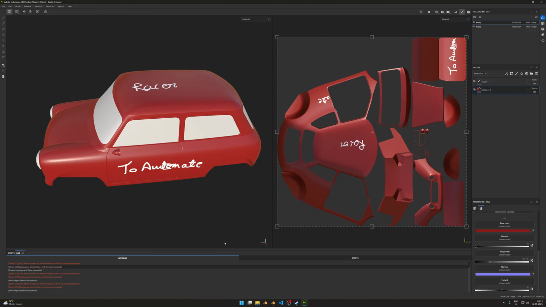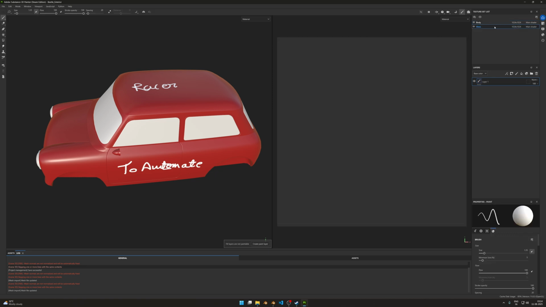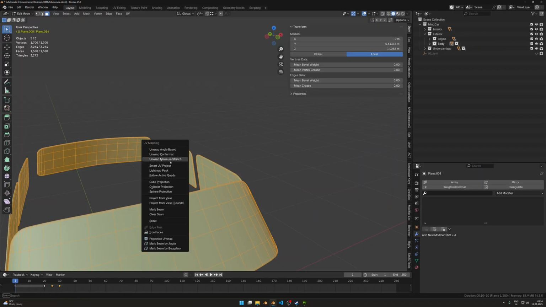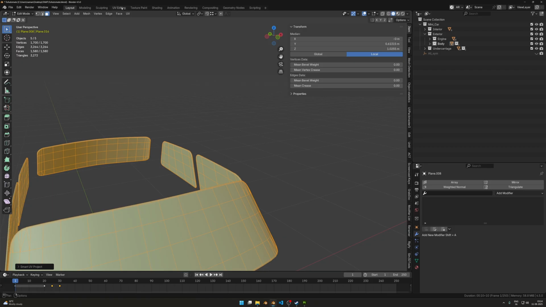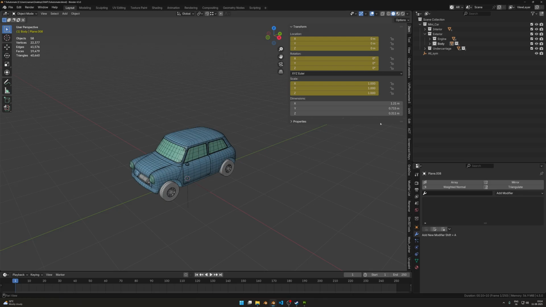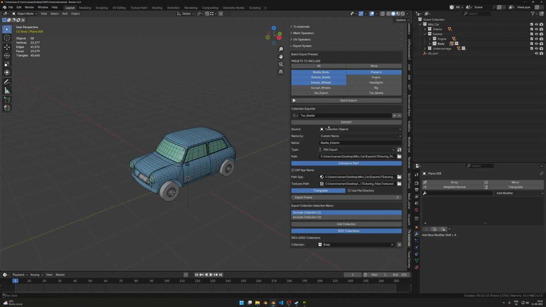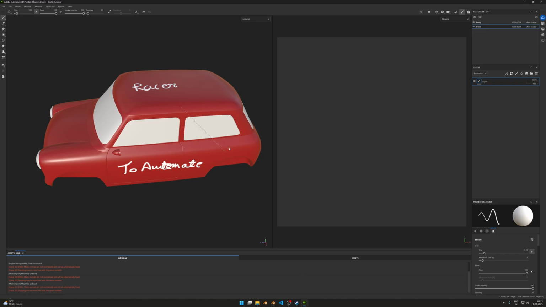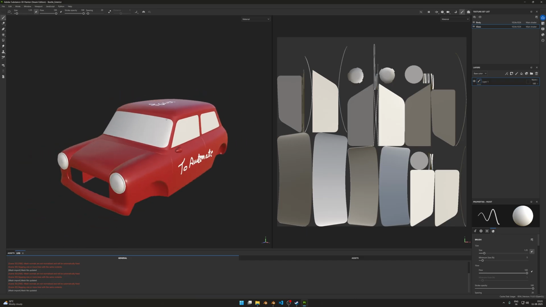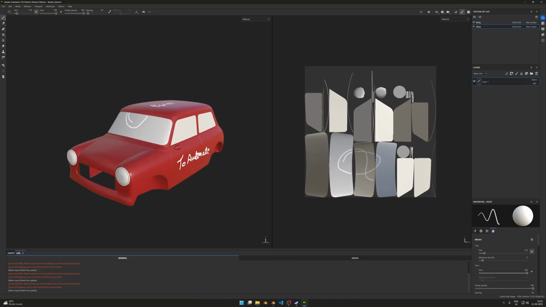Let's say after some more work, I forgot that, oh no, the glass is not baked. Oh my god, the glass is not baked. Or you can say there is no unwrapped glass. Use Smart UV Project, that would work. Okay, again go to the ToAutomate add-on. Yeah, the add-on does sometimes disappear. Export it again, go to this again, we got the new file, that is the glass file. So I just hit Control Shift R and re-import the mesh quickly. Okay, that's all I wanted to show. During texturing it is good,